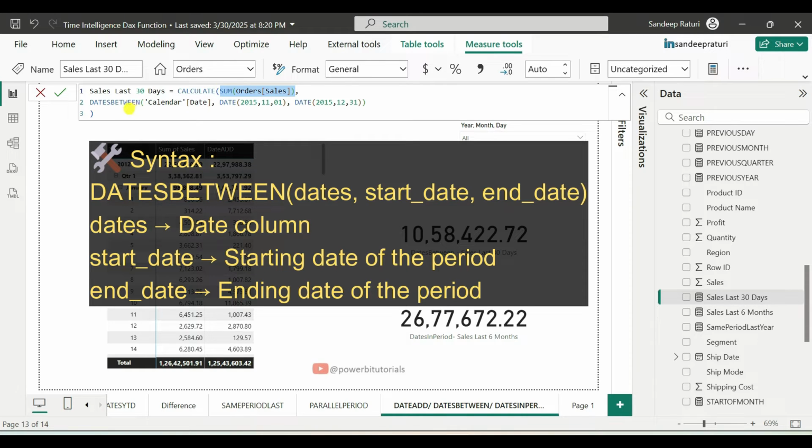And in the second argument I used the DATESBETWEEN DAX function, and inside it, in the first argument I pass the date column name, which is calendar date, and in the second argument, which is start date, so here I define the manual date 1st November 2015. If you are defining a manual date, you have to add the DATE function first, and inside the DATE function